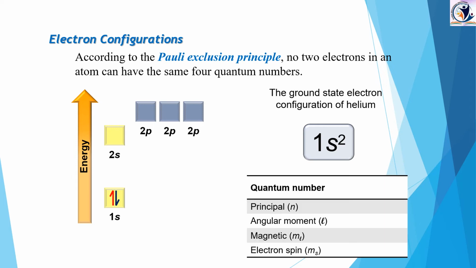Now let us write down the quantum numbers of these. What are the quantum numbers exactly we have to write? The principal quantum number, angular momentum quantum number, magnetic quantum number, and electron spin. Okay, children, I will give you 1 minute. How are you going to write down the quantum numbers of 1s2? You have to write them for the first electron and then for the next electron also.